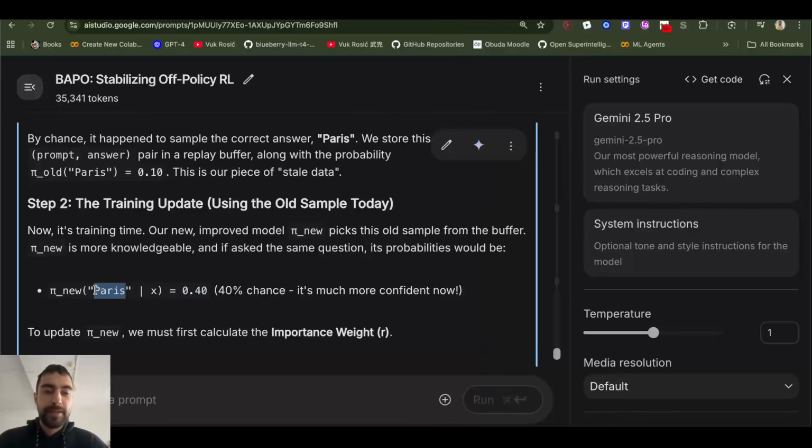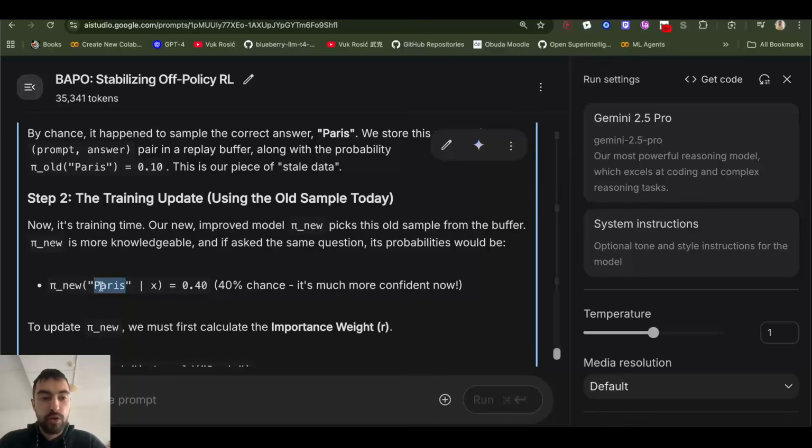So it's important that we don't actually generate the answer again. We don't prompt the new model to generate the answer again, or any model, old or new. We just look at what the probability of the word Paris happening again in the new model is. So this is a lot faster and easier. Just check the probability and you don't need to generate it again. So now the probability of Paris is going to be higher because we rewarded it, we made it higher in the